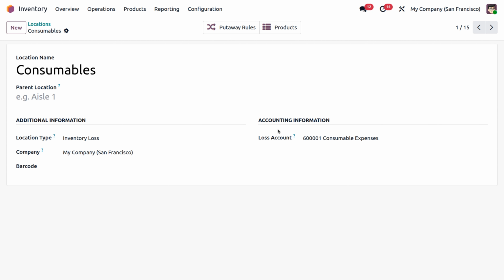Now you can see under the accounting information, we need to define a loss account. Before moving on to that, under the additional information, the location type is what? An inventory loss, because we are taking the products inside our inventory and distributing them among our employees. So it will be taken as an expense of our company. That's why it's providing the inventory loss account, and there you can see the loss account I just provided as a